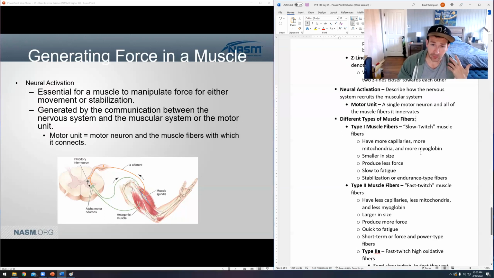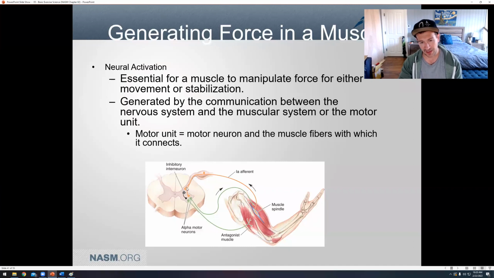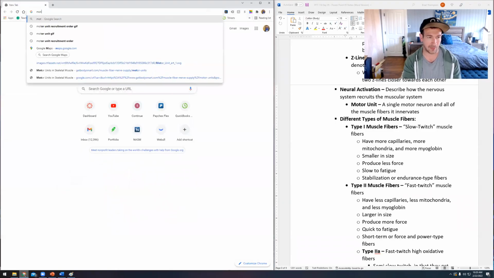So yeah, when we're looking at creating a muscle contraction, you're going to start with neural activation from the nervous system. So your nervous system is going to recruit the right number of muscle fibers. It does this through an organized setting called a motor unit. So what you have is one neuron that zaps a whole bunch of individual muscle cells, a whole bunch of individual muscle fibers, to create that contraction, right? So it'll go this way, down here, and then it spreads out and zaps all those fibers. So when we look at a motor unit,